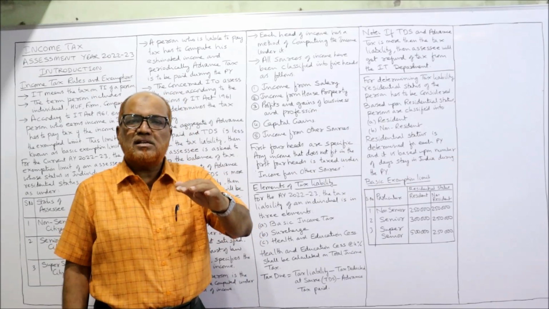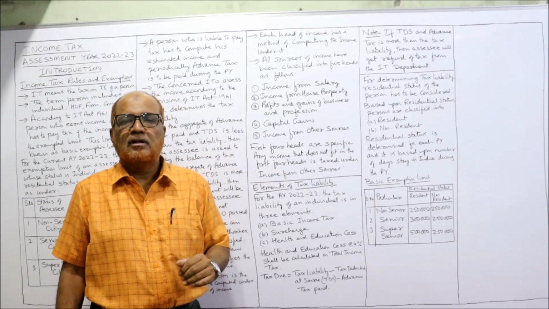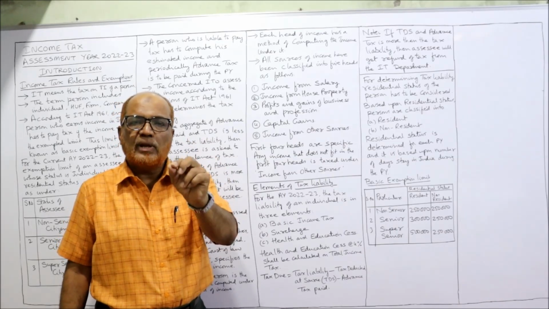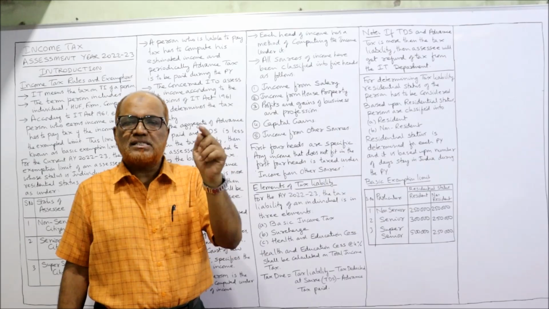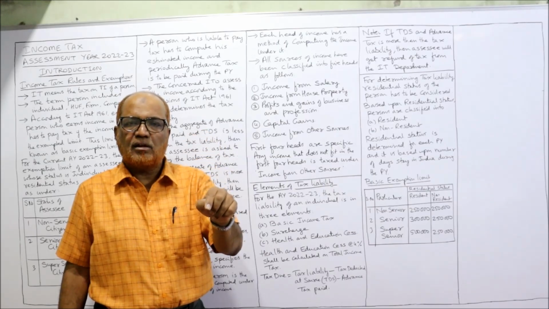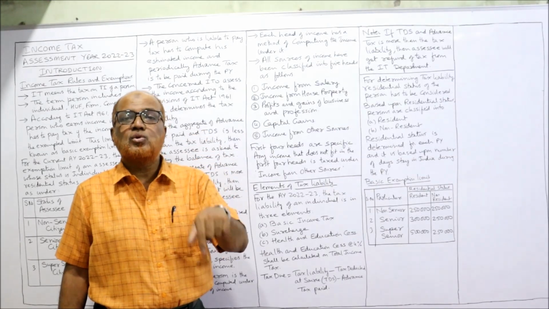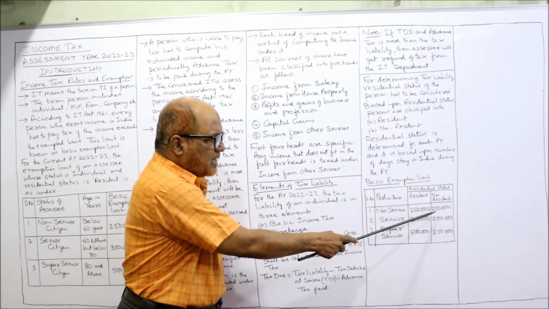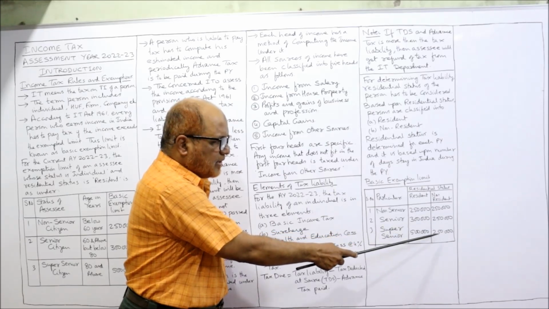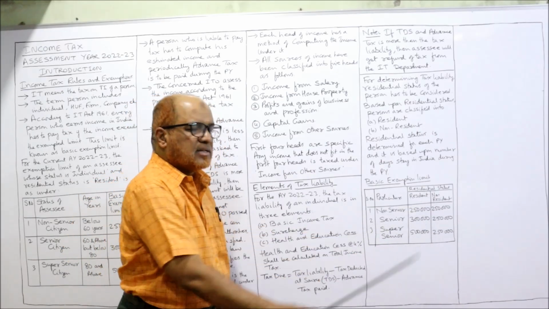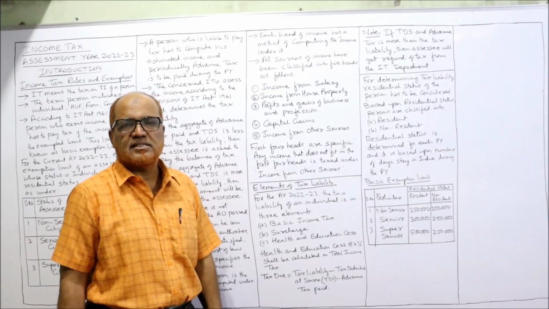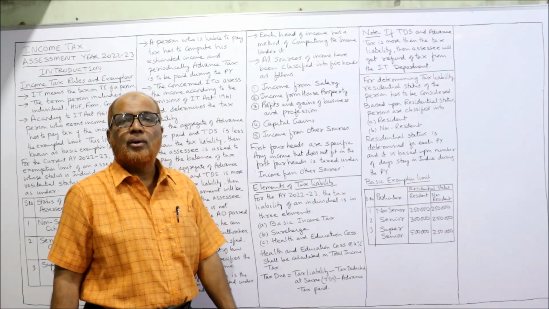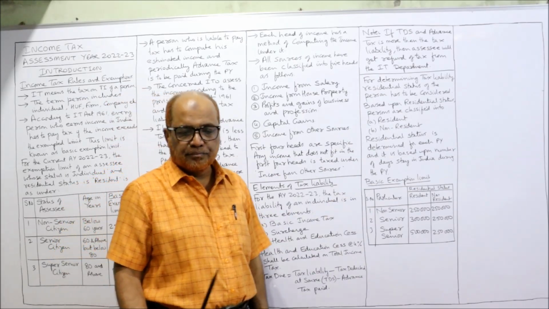Whereas if a person is a non-resident person, then the basic exemption limit is the same, 2,50,000, whether the assessee is a non-senior or senior or super senior. So here for non-senior, senior or super senior, the basic exemption limit is 2,50,000, 2,50,000, 2,50,000 for a non-resident assessee. That's all. So these rules you have to apply in the problem. You have to remember all these rules.